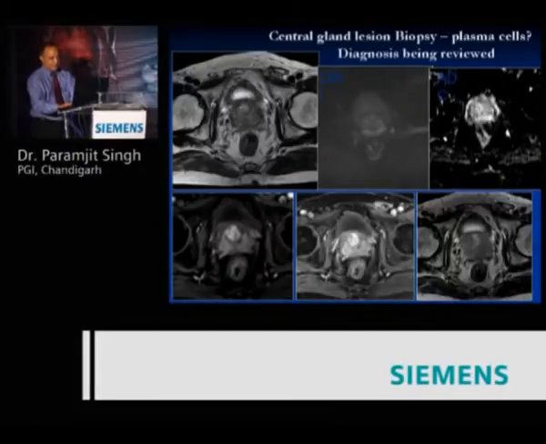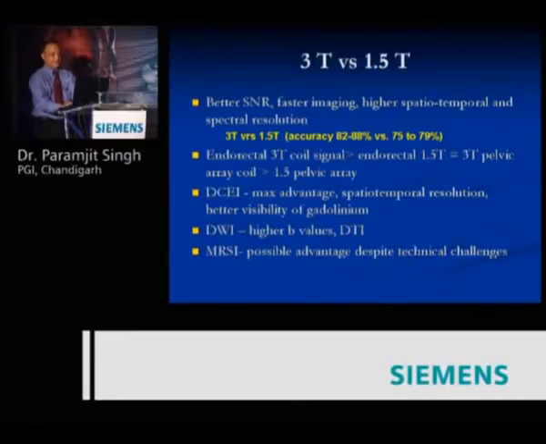Now we will just see a few difficult things. One of them is this area. Central gland normally shows a lot of hypervascularity, and sometimes central gland nodules can become a problem as far as dynamic and DCE is concerned. Here in this case, there was a central gland nodule which on diffusion was hardly showing anything, and on ADC it was not showing anything. Post contrast it was showing a lot of enhancement and washout, and it yielded plasma cells, and therefore cases which can cause confusion are there, and we can have problems there.